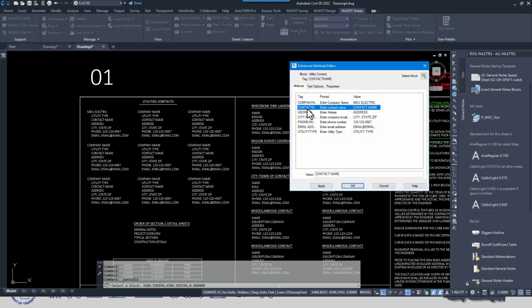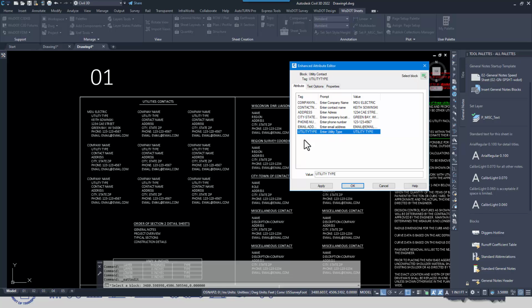And then contact name, I'll just put myself. Address, 1234 CAE Street. And we'll say it's in Green Bay. And phone number, we'll just